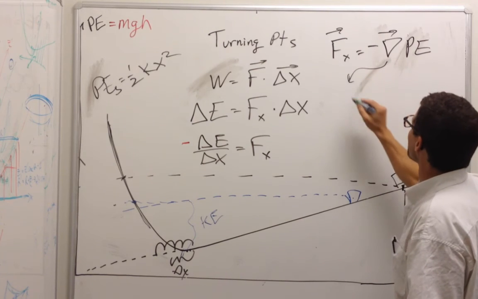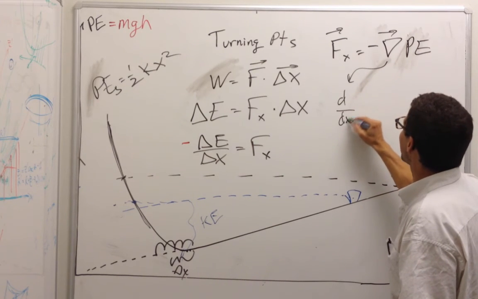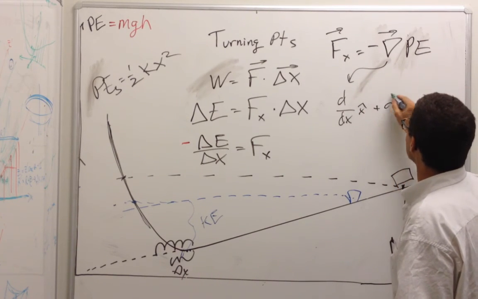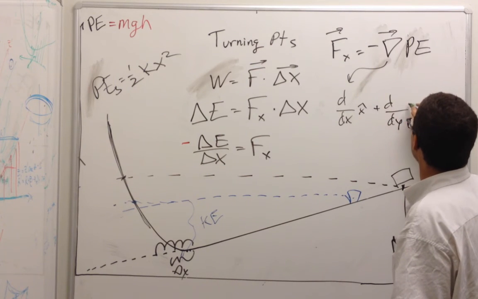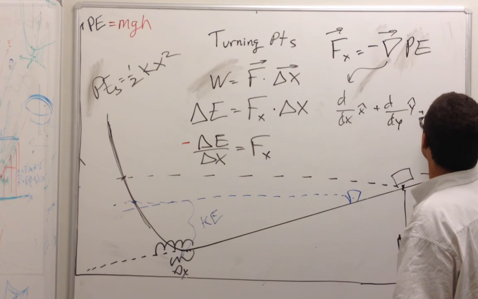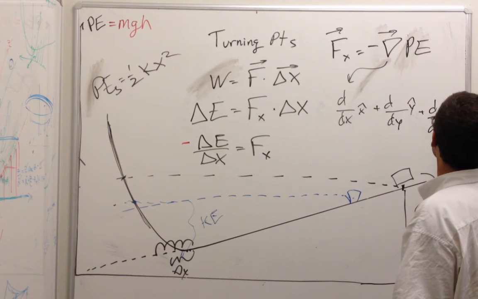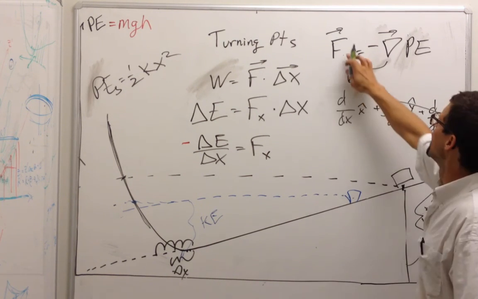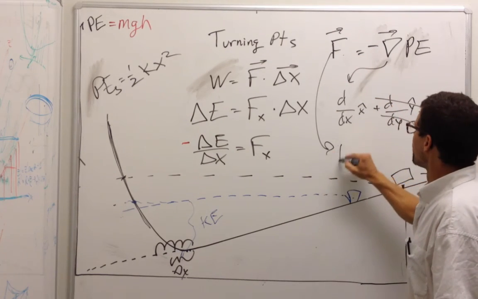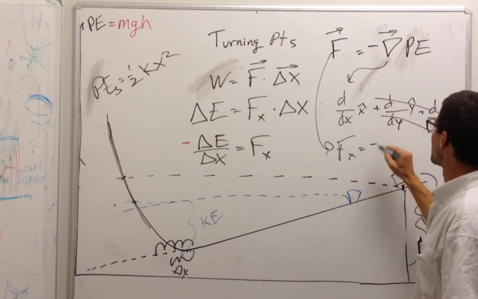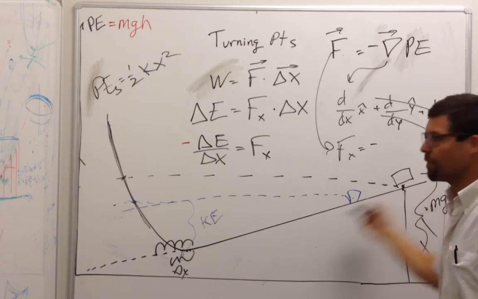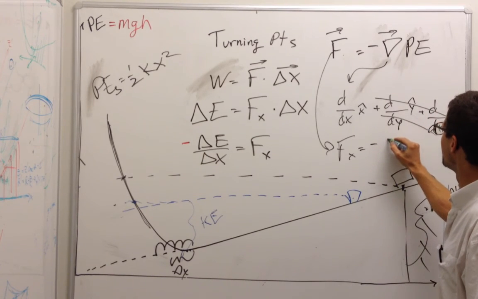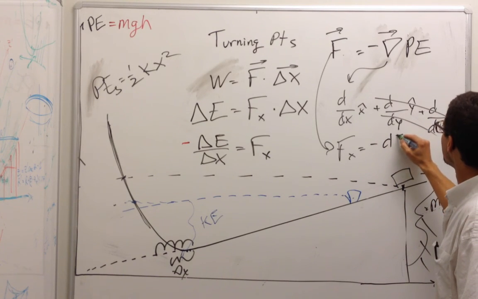This is a gradient operator. It's d dx in the x direction plus d dy in the y direction plus d dz in the z direction. Okay, we're only going to deal with one dimension, and so it's enough to say the force in the x direction is equal to the negative slope of the potential energy curve. That's negative d potential energy